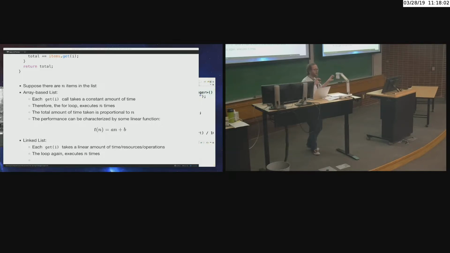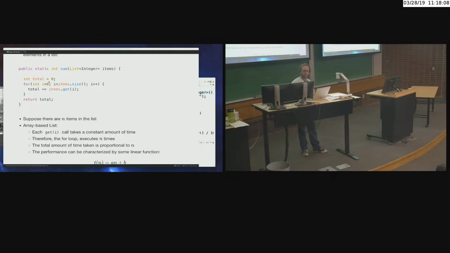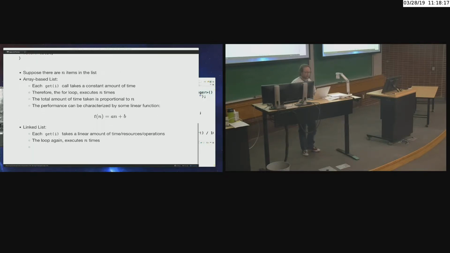Look at this loop right here. This loop is executing n times, and in each one, I'm doing about n operations, right? That's where I'm going to get, therefore, the total amount of operations is proportional